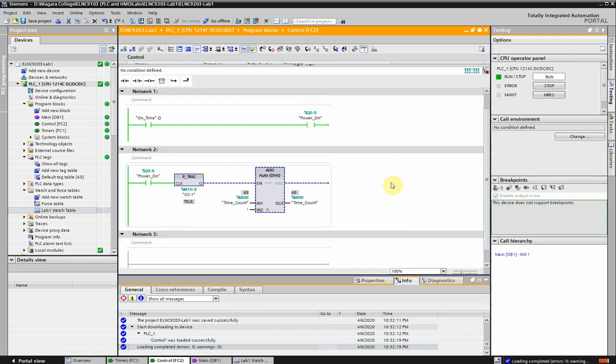I do kind of like the PTrick function a little bit better. And maybe you can already see why I would like that. We're still counting. Every time power on turns on, I get a one shot from Q. So the add block turns on for one scan and I count 1. Nice thing about using it this way is I'm not using any extra bits. I still have M0 or 10.0 as my temporary bit, but I can see the power on toggle on and